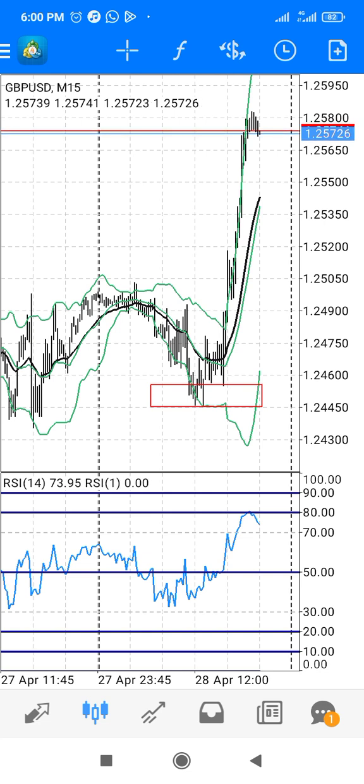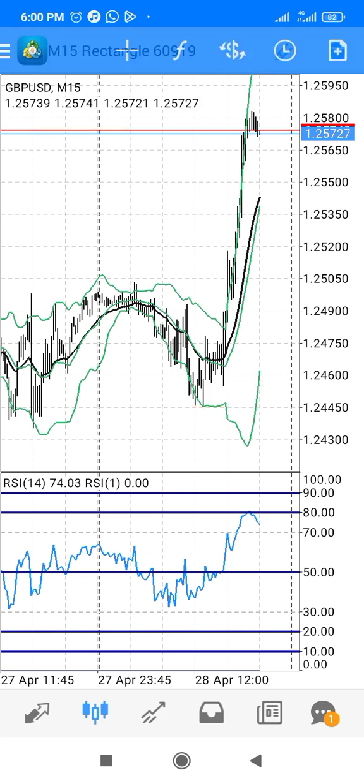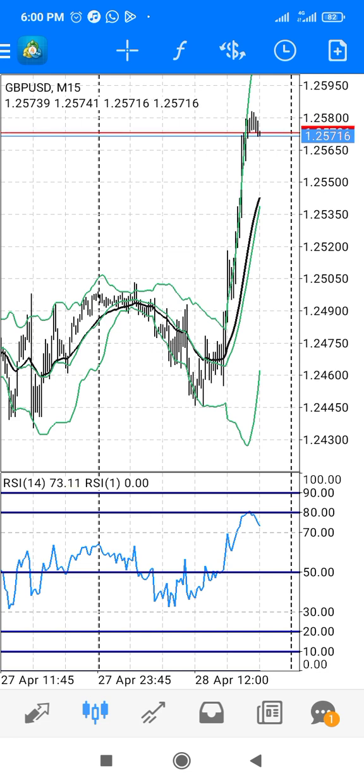I already drew a demand zone here, so I'm going to remove it so as to show you how it's done. Now, how do you identify supply and demand zone? First of all,